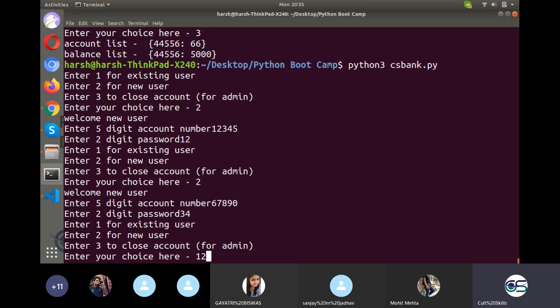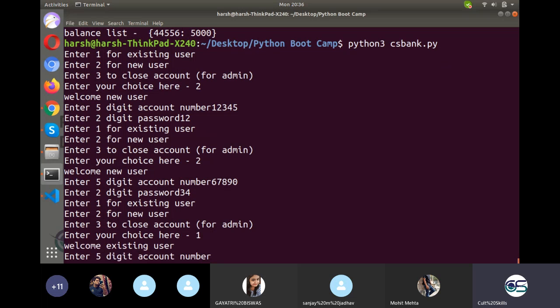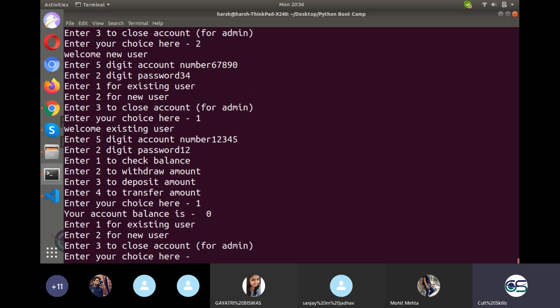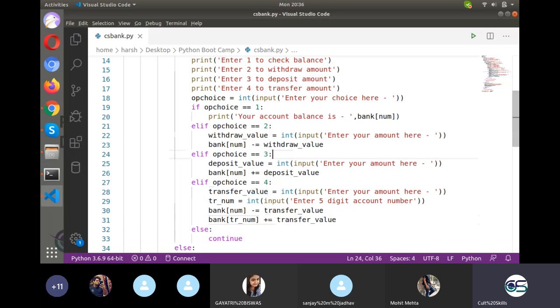Sorry, right here I need to give for the existing user. 5-digit account number is 12345. My password is 12. So if I deposit an amount, firstly let me check my balance. So my balance is 0. Okay, it again took me to continue. Okay, this thing needs to be maintained here.